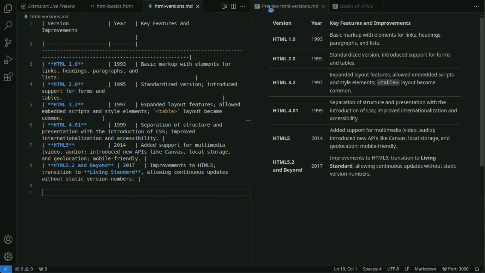HTML 1.0, 1993. The first HTML version had only very basic markup features. It defined elements such as links, headings, paragraphs, and lists. HTML 2.0, 1995. The first standardized version, with more elements added, including support for forms and tables.